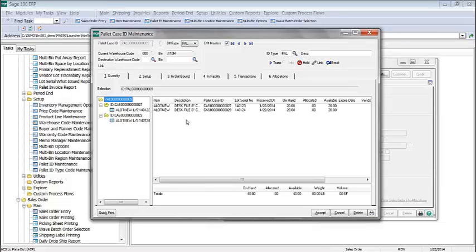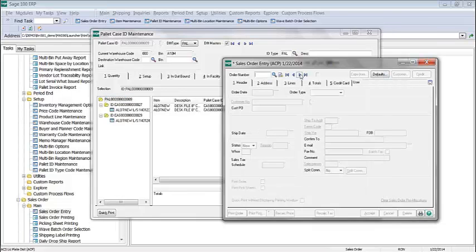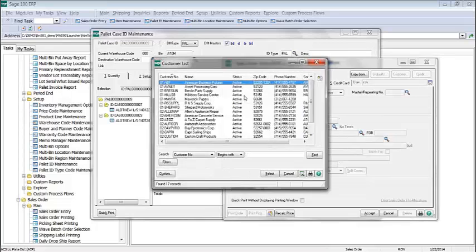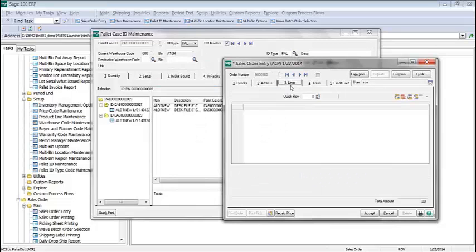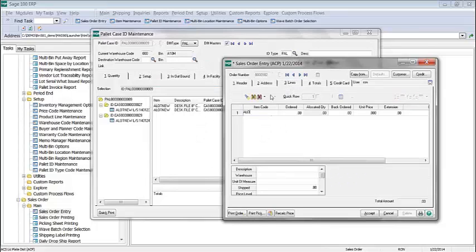Right. So remember, one, you can pre-allocate it in sales order entry if you want to manually do it, or two, you can automatically do it. Remember, the system will auto-allocate the highest case pack for you. And in this case, I'm selling, whoops,